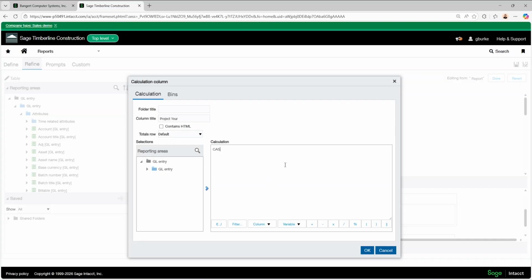So now I'm going to say case when left of the project, 2, equals 22, then 2022. And from here, I'm going to do this for 23, 24, 25.